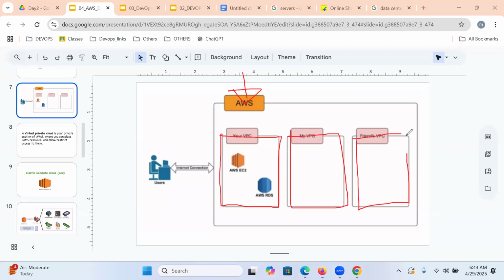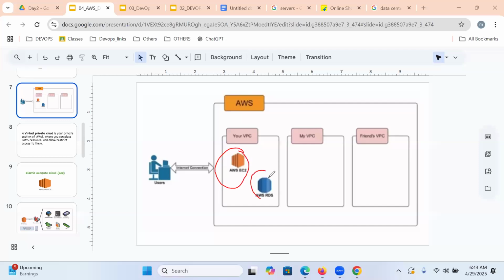On top of it, we can create servers and databases. These resources we can use for ourselves, and they can't be accessed by anybody else.